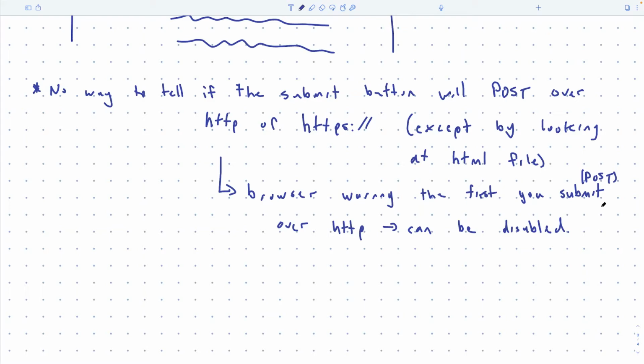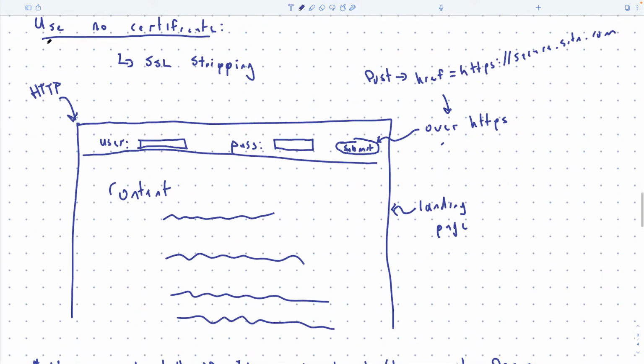Sometimes when we go to a website that is not secure, but we have HTTPS, what is that? So if you have HTTPS on the base page, you could still, in theory, wire your submit button up to HTTP, right?